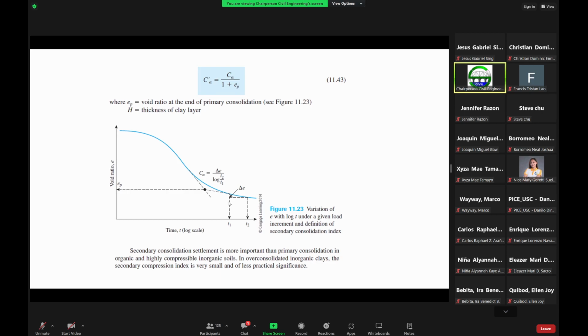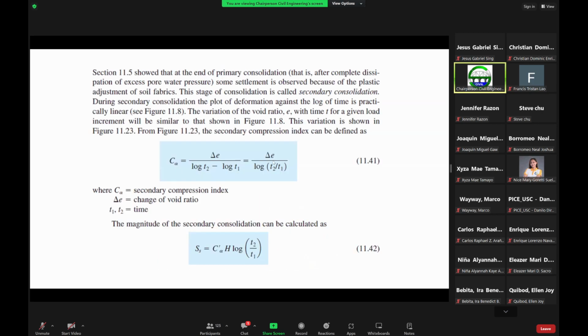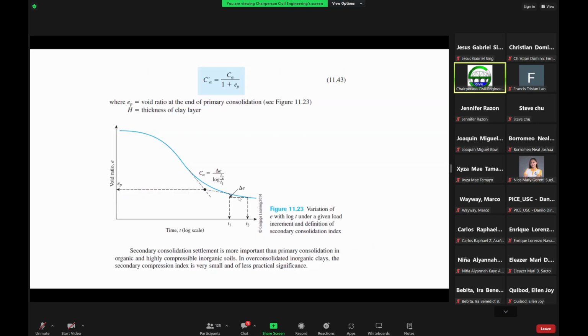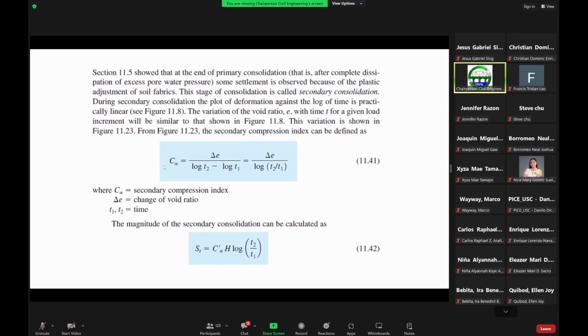Between t sub 2 and t sub 1. Okay, between the final time and the initial time. So with that, we have the C alpha, where C alpha is now the secondary compression index, and delta is the change in the void ratio. Okay. So then with C alpha, we can calculate the magnitude of the secondary consolidation settlement with this formula here